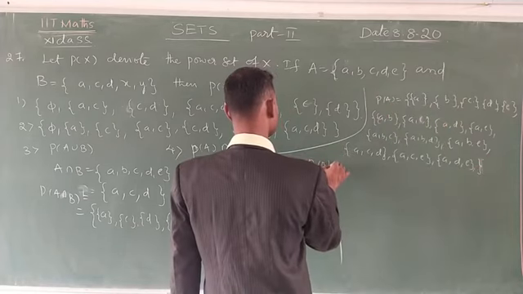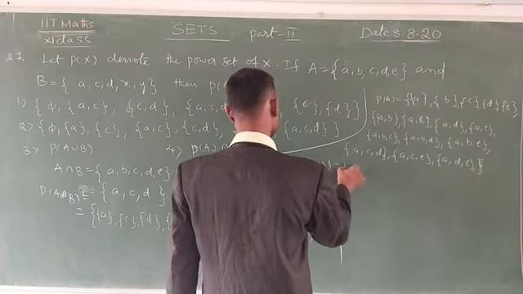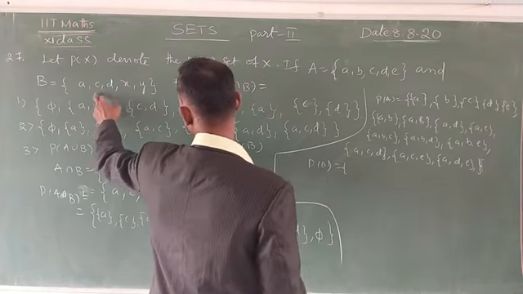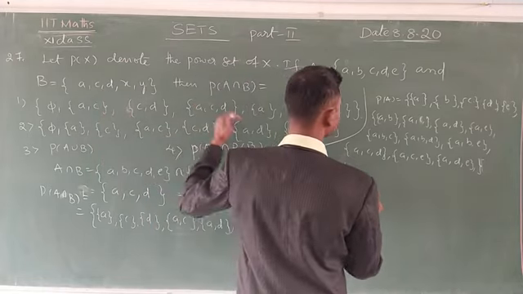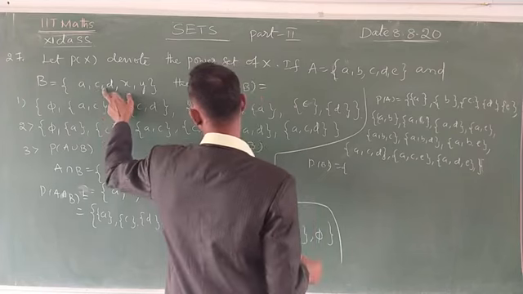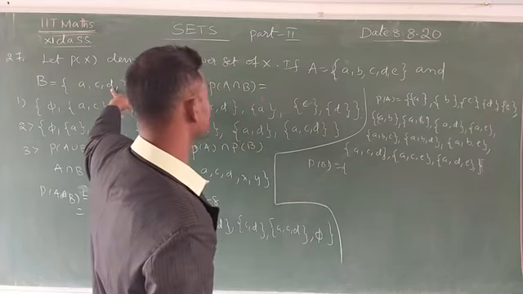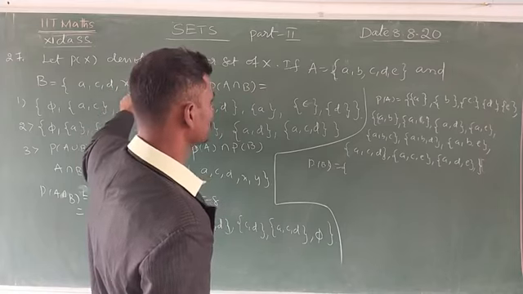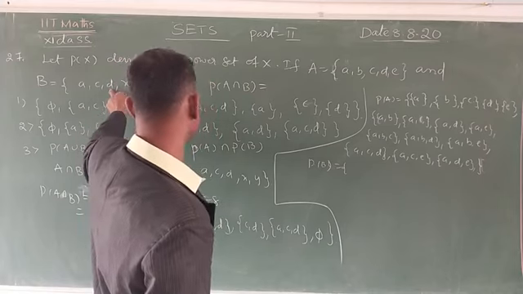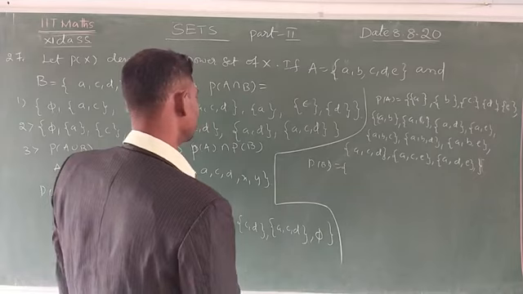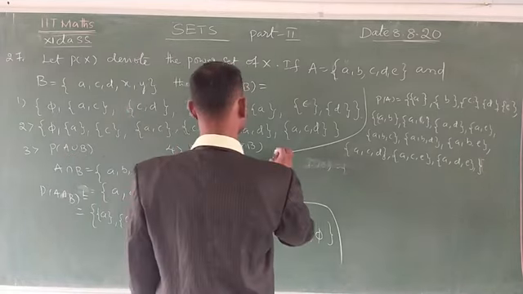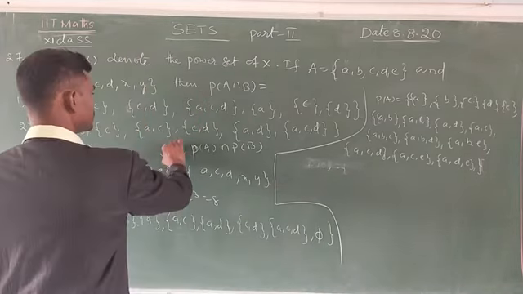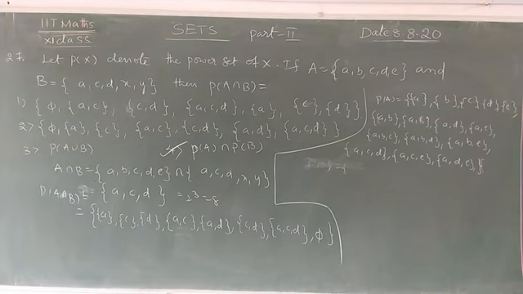P of B is equal to power set of B is equal to set of A. Here A is there, C, D is there. That's why this is also possible. Okay, A, C, D, no need for XY. Here up to A, C, D is there, here also A, C, D. Then, without doing it, we will tell the answer. This is the option. Which one? Fourth one is the option. Okay, note down.